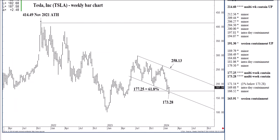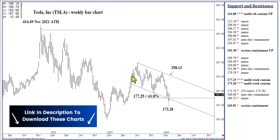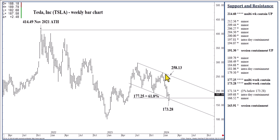Big picture, and we'll work our way into the day itself, of course. Just a reminder that it was about 6 or 7 weeks ago that we tested the channel top at 258.13. This is a weekly chart. The channel top stems from the July high of last year, so a full 6 to 7 month channel structure. Once we tested the 258.13 channel top, then in the mid to upper 260s, as I recall,